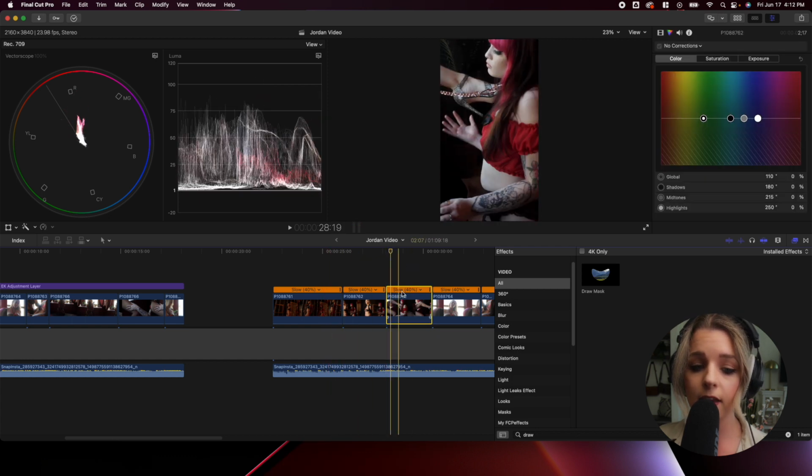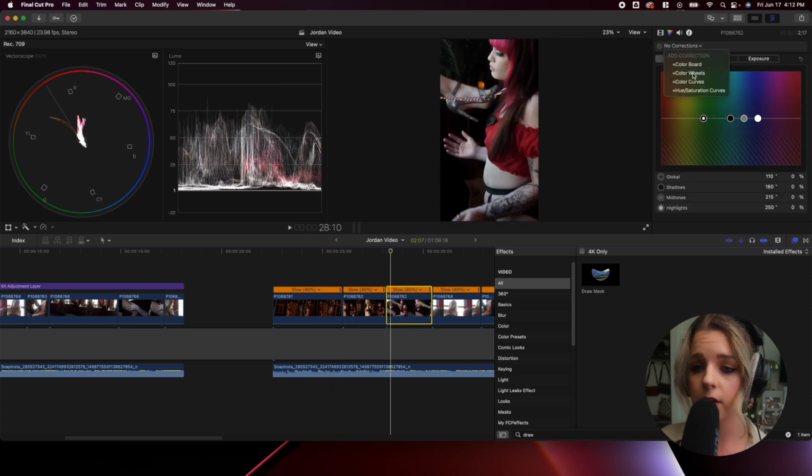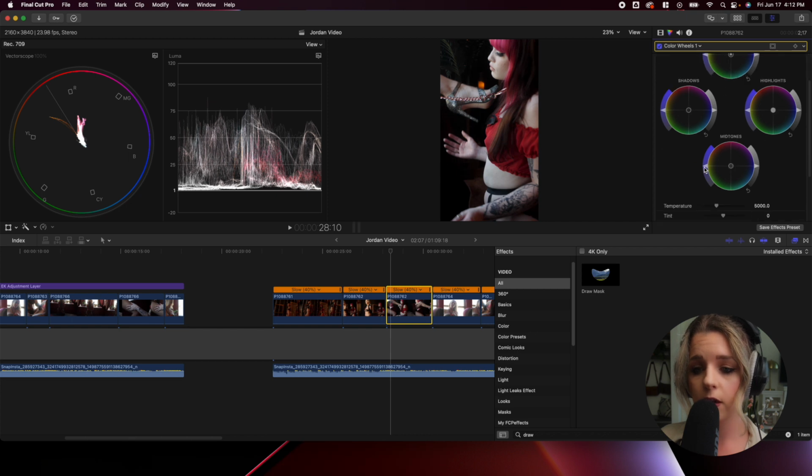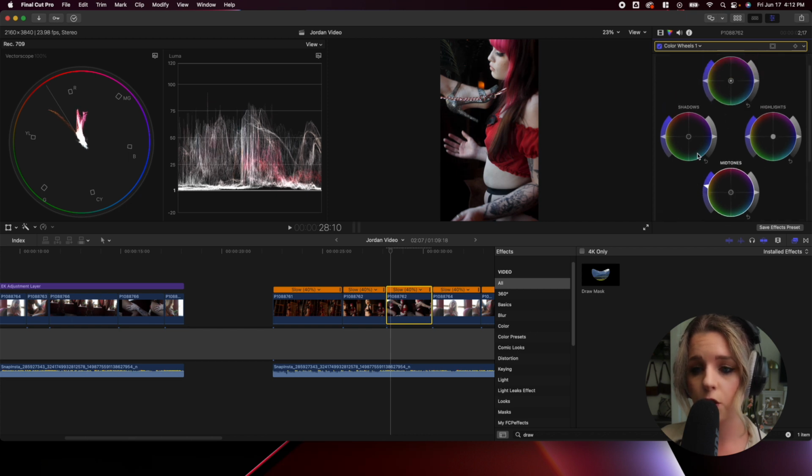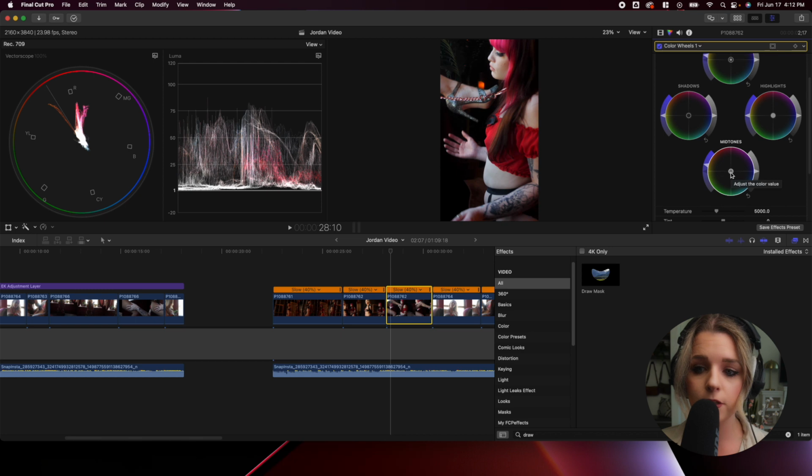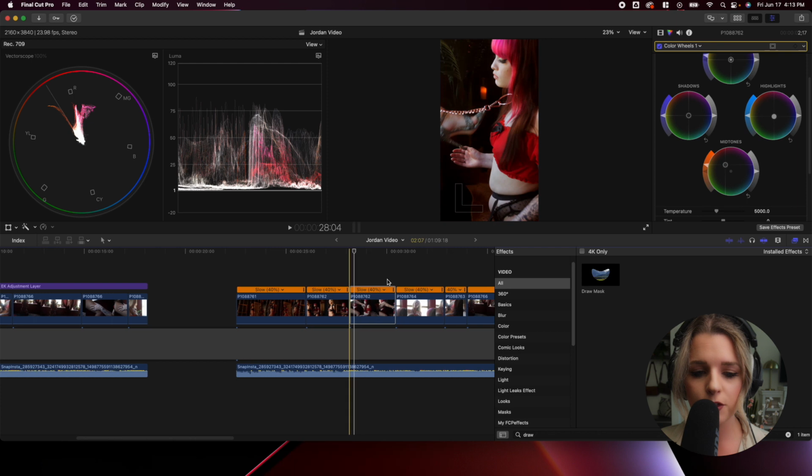So what I like to typically do is I go here to the color wheels. Not only do I boost the saturation overall, I like to make sure that my midtones are warm, so it kind of boosts that saturation in her skin. And as you can see, this looks really good right here. And to balance out the warmness, I'm going to take the highlights and just push them over to the blue just a little bit. And I think this is actually pretty solid. I think this looks great. Yeah, that looks really good. Okay, so let's go ahead and move on to the next clip.